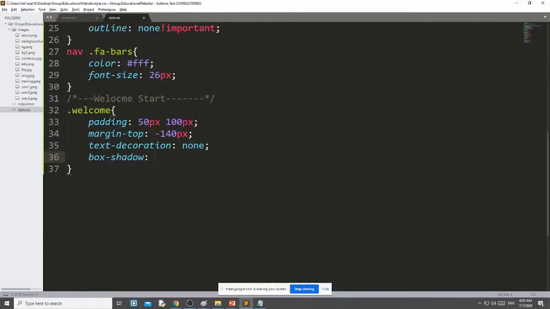Then for that shadow I am using again linear gradient RGBA 0, 0, 0, 0.2. I don't need linear gradient. Here I can provide the values like 0, 0, 20 pixel and 7 pixel. RGBA this value.